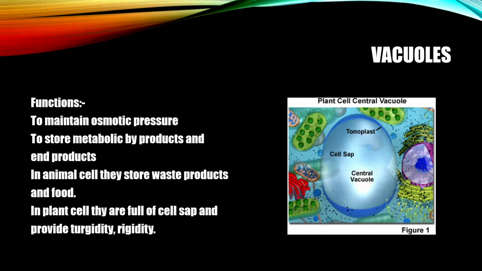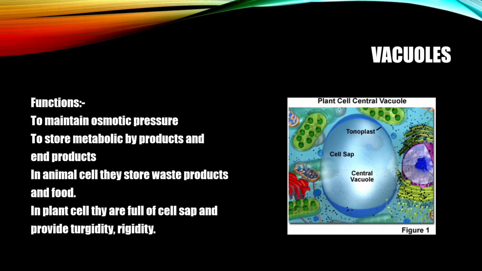Vacuoles are the storage sacs for solid or liquid contents. They don't have any typical shape or size. The structure of the vacuole changes according to the need of the cell. Vacuole is bound by a single membrane. Remember children, it does not have any particular shape. It can change according to the need of the cell, and it is a single cell membrane.